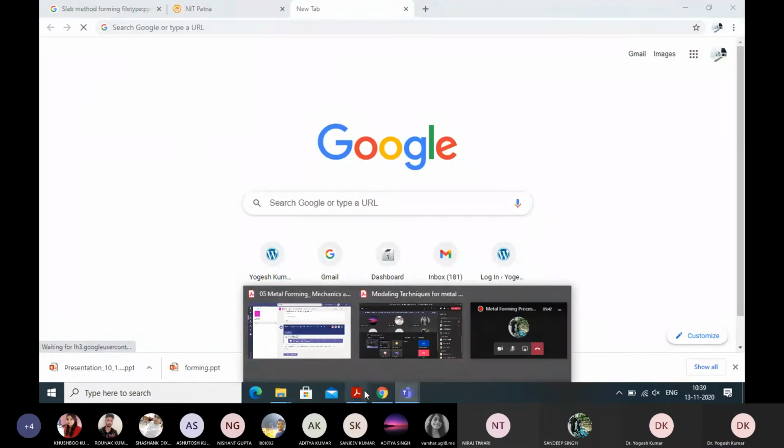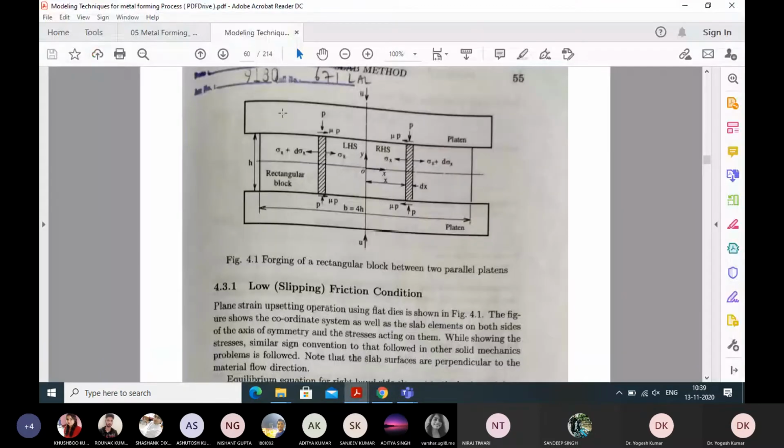So I think all of you remember that under the forging process we have one upper die, then there is a lower die. Upper die is generally called the punch, and the lower portion is called the die. Whether it is open die forging or closed die forging, we have a workpiece. You may call this your work billet or workpiece, which is being compressed between two dies, plate 1 and plate 2. So consider a rectangular block here.